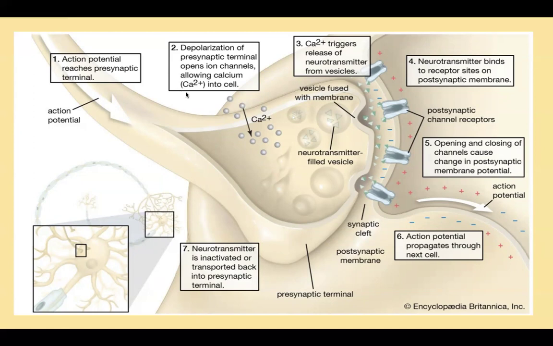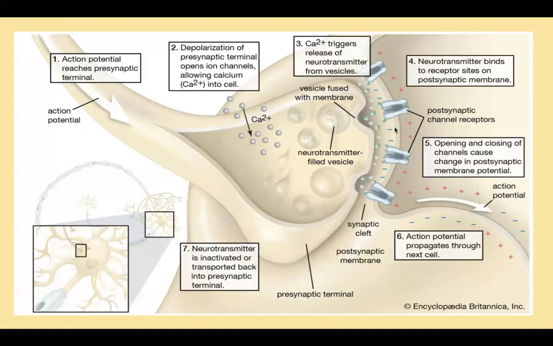Depolarization of the presynaptic membrane causes opening of voltage-gated calcium channels, and influx of calcium ions from the extracellular fluid to the synaptic knob occurs. Calcium ions activate a calcium-dependent protein kinase which mobilizes the synaptic vesicles to the presynaptic membrane. The synaptic vesicles fuse with the membrane and the transmitter stored in the vesicles is extruded by exocytosis into the